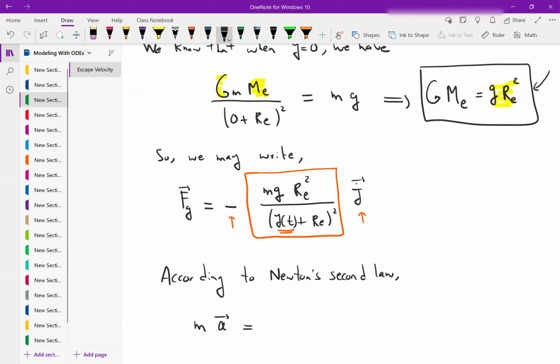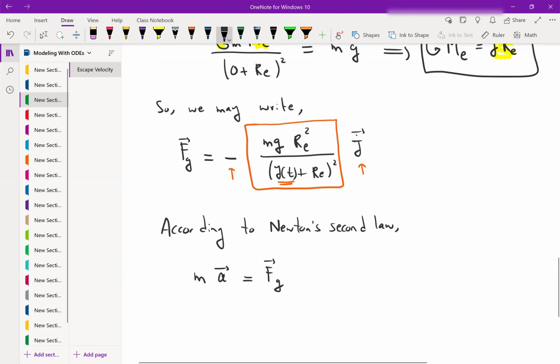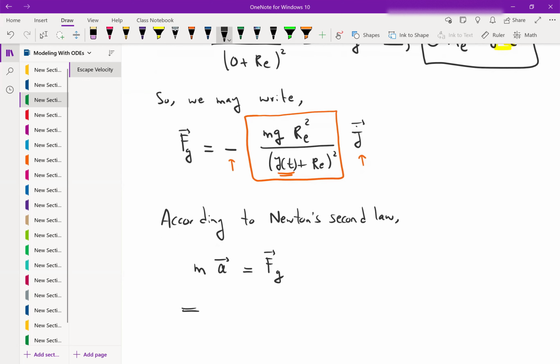Here, the only force that is applied to our body is the force due to gravity, which we denoted by Fg. So what does this tell me? This tells me that ma